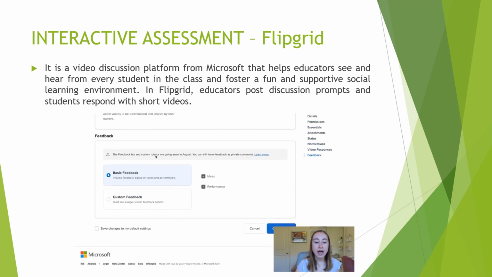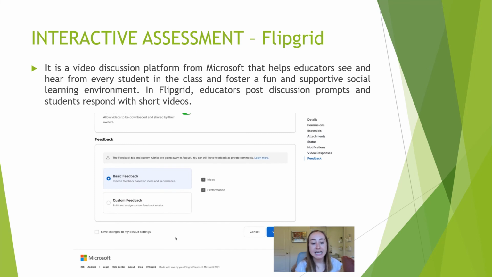And so now the last thing is you can choose to save these settings as your default settings if you would like. Now this is up to you. For me as the teacher, I like to use Flipgrid in a variety of different ways, so I don't have this set up as my default settings. But if you would like to, so for example, if you never want students to be able to comment, you might want to set that up as your default settings so that you don't have to change it every single time. Now that I'm ready to go, I'm going to press this button here that says Create Topic,